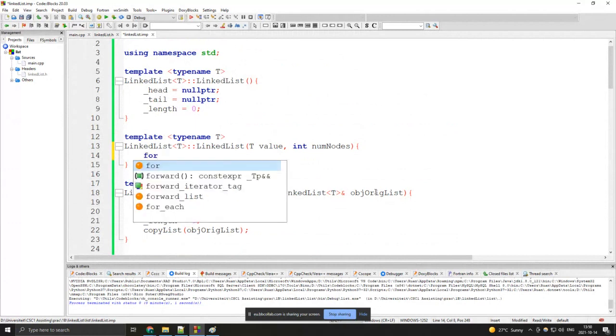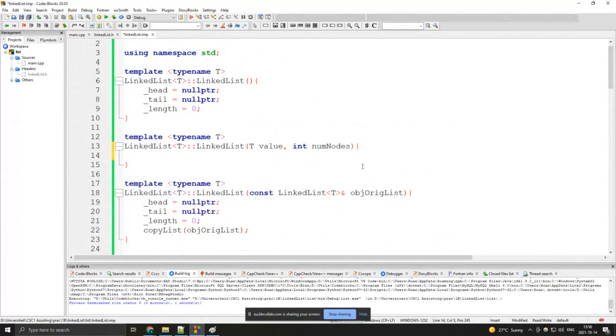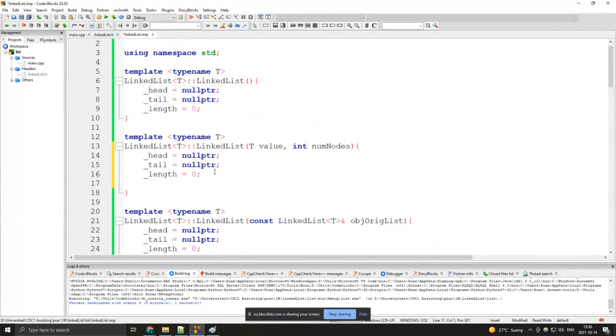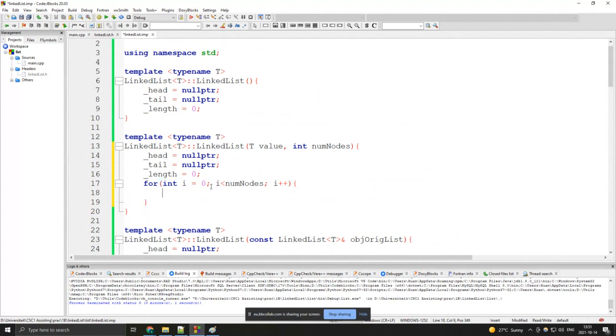So essentially all we'll do here is, if we do give this values, let's start off by setting everything to null, and then we will just add everything. It doesn't really matter if we add it first or last because they all have the same value, but let's just add it last so it is done in what we would consider in order. So for integer i equals 0, while it is less than the number of nodes that we wanted, i plus plus, and then we can say